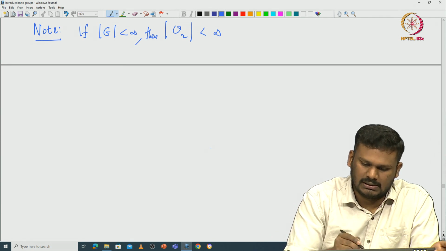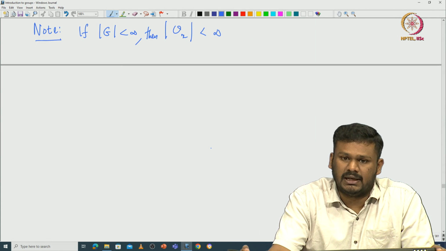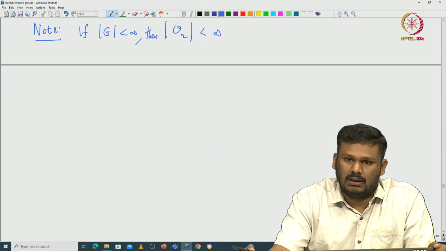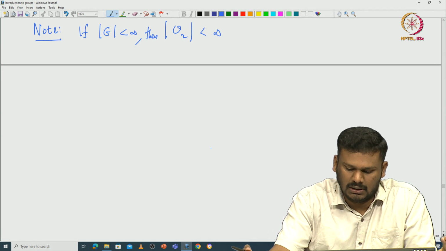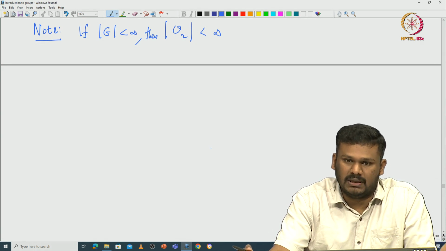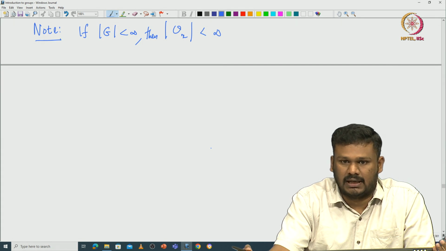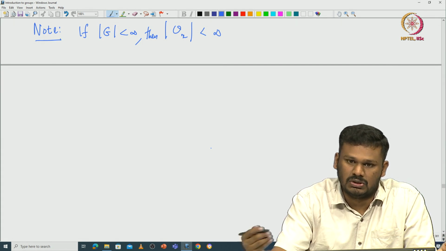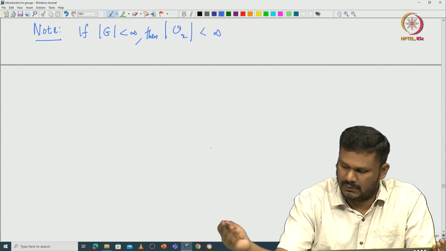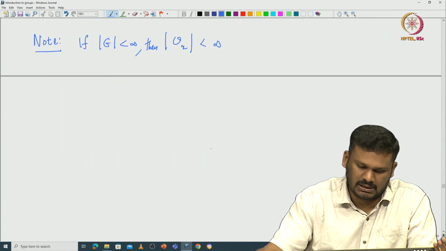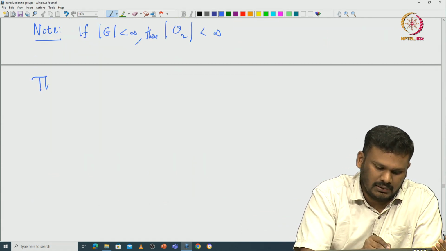So now here is another important terminology. Sometimes we are interested in understanding how big this orbit is, the exact cardinality of the orbit. Okay. So we will see in a minute these orbits, for different x's, different elements of capital X, will actually form a partition of this capital X, where that x actually runs over some particular indexing set. Okay. So that is a very important property of this orbit. So maybe let us actually prove this. Okay. So here is the theorem.